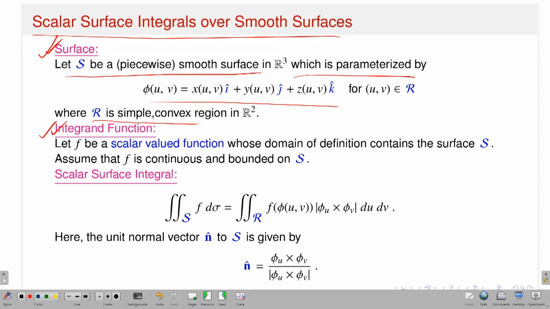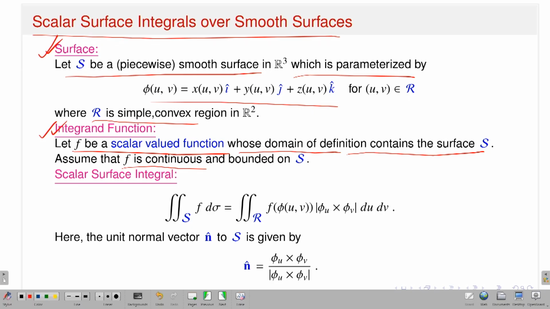So, first you have to give what is my integrand, that is, what is the function that I want to integrate over that smooth surface. First you start with a scalar valued function from some domain in R3, and that domain should contain my smooth surface S, and I assume that my function is continuous and bounded, so that